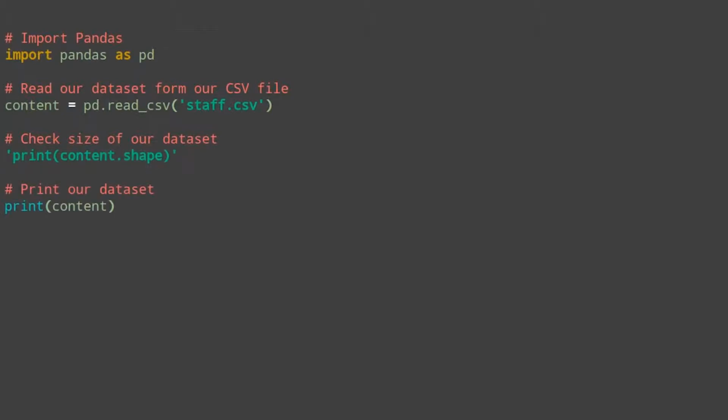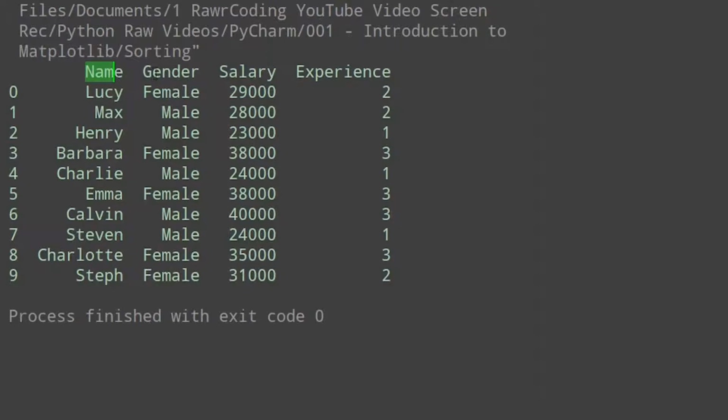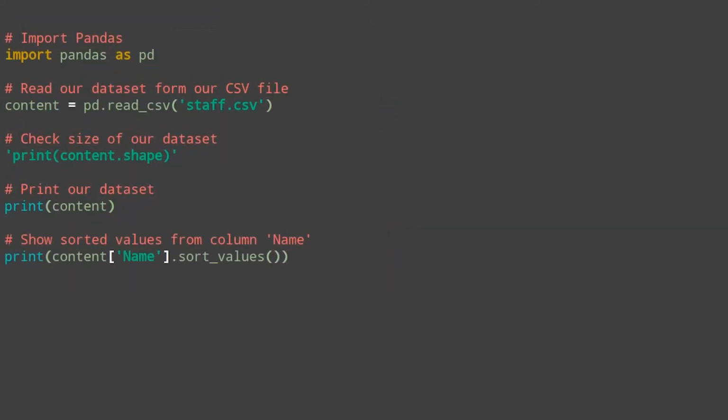Next, we'll print our dataset. As you can see, we have name, gender, salary, and experience. We'll begin our sorting by sorting all the values from the column titled name. We will pass in the column we want to sort, and then we will use the sort_values function to sort